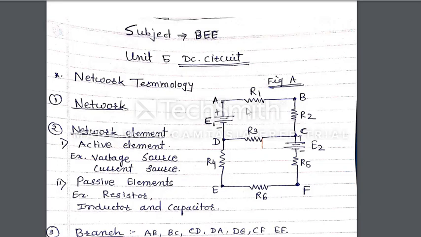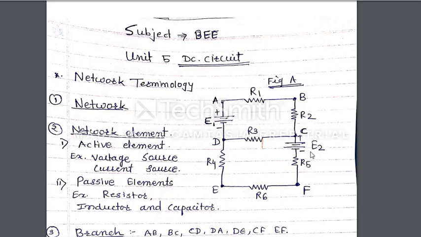Okay, and traveling through various nodes without traveling through any node twice means A, B, C, D, A. तो ये कहाँ से स्टार्ट हुआ है? A पॉइंट से स्टार्ट हुआ और टर्मिनेट भी कहाँ हुआ है? सेम पॉइंट में. Okay, similarly A, B, C, F, E, D, E. This is also a mesh or loop.